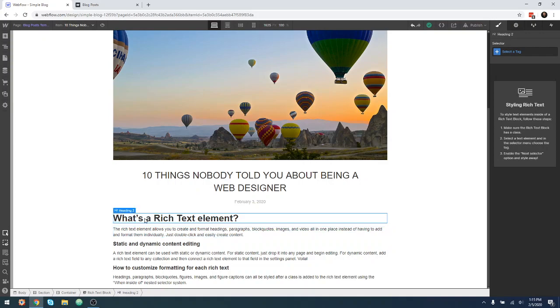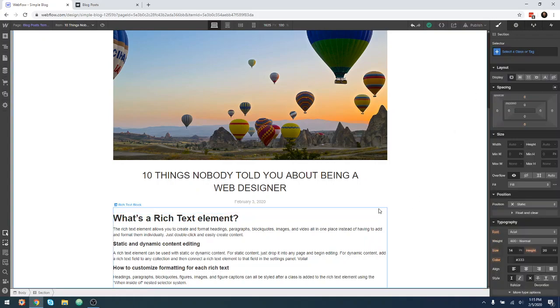So let's say I want my heading 2s to look different than they are up here. This is an H1 post title, and I want my heading 2s to look very particular. So if I select H2, then I can select my tag, and I can either choose all H2 headings, or a little trick is to click on the rich text block,